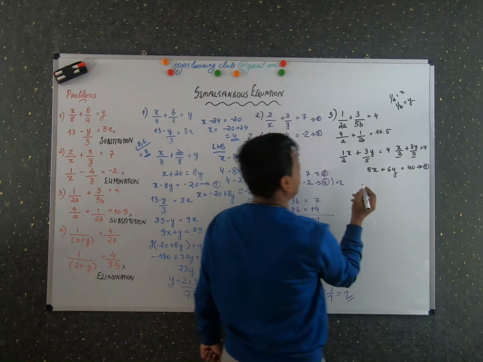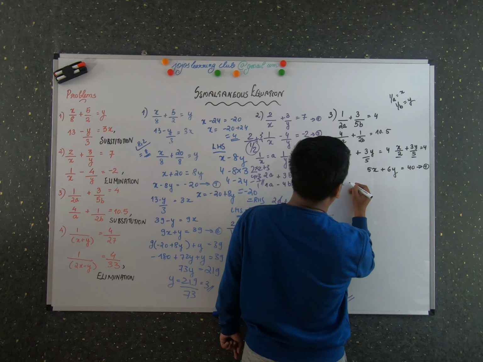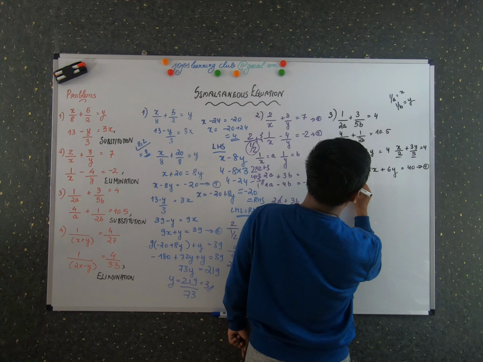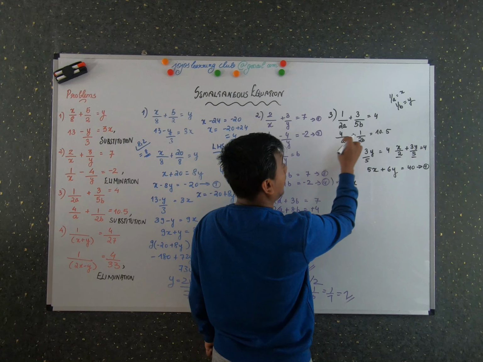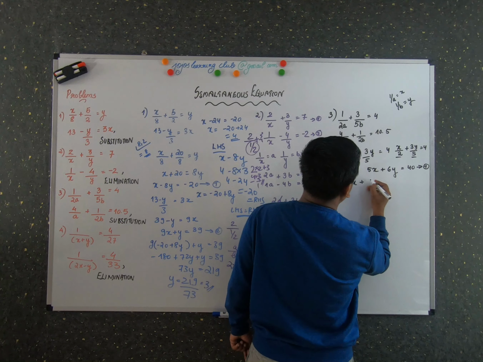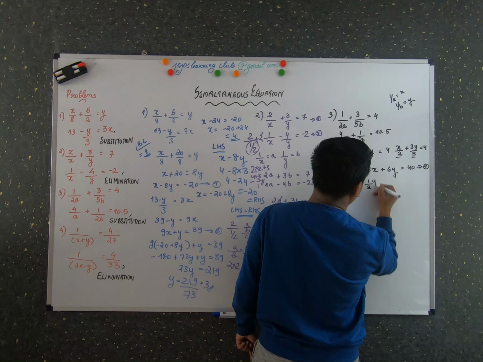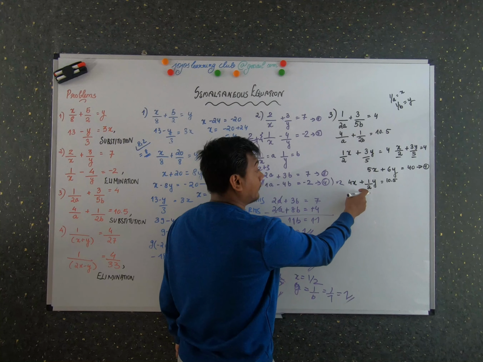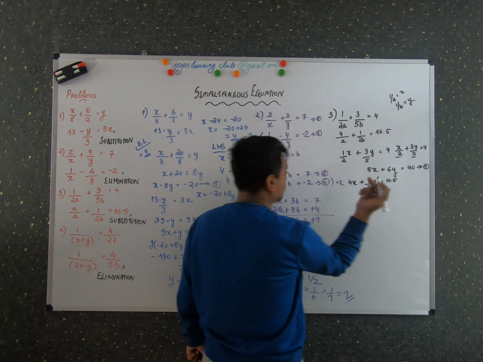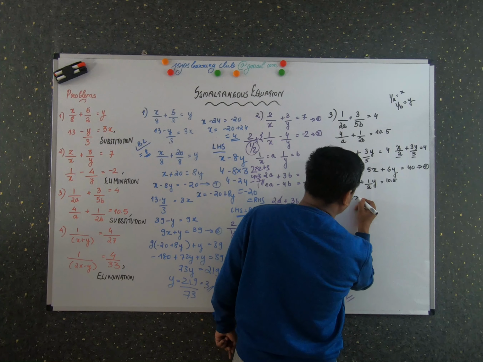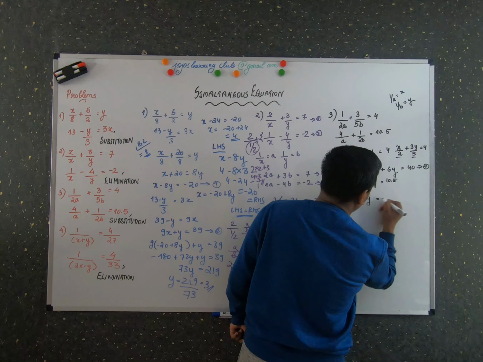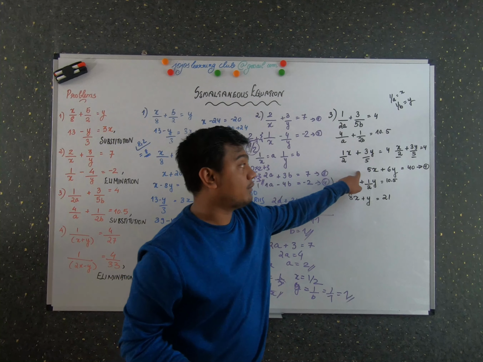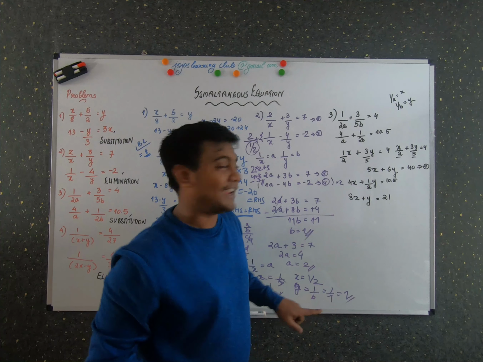And now let's write the second equation in a similar way. So 4 by a is like what? 4x, right? Because 1 by a is x, so plus 1 by 2 into y is equal to 10.5. So what is the denominator? The denominator is 2, and while taking the LCM it is 2. So I'm going to multiply here, 8x plus y is equal to 10.5 into 2, which is 21. So this is our first equation and this is our second equation.